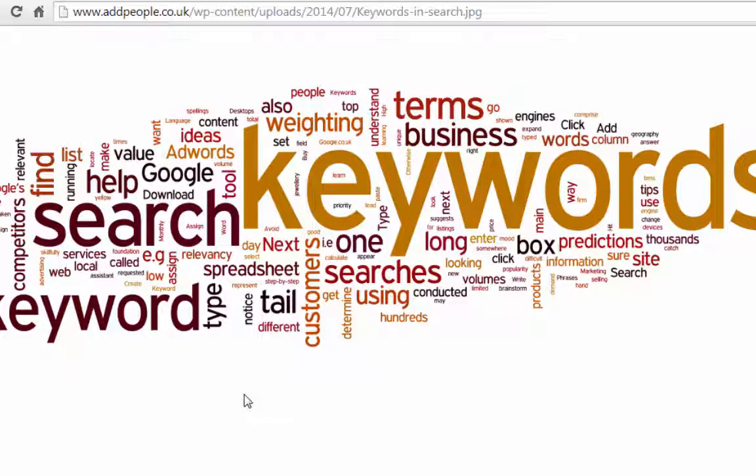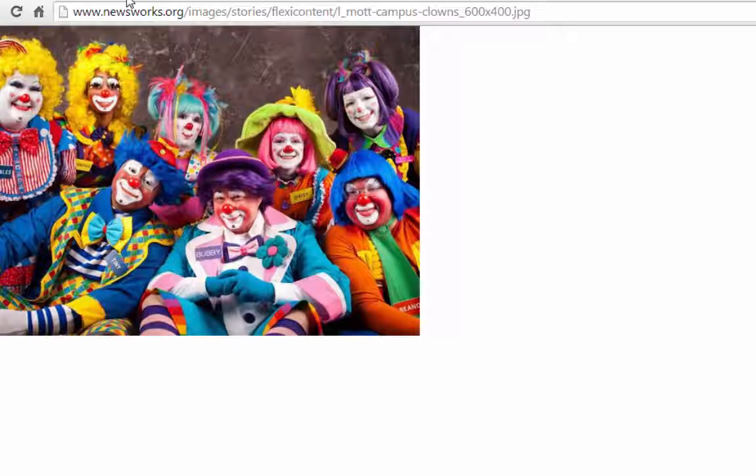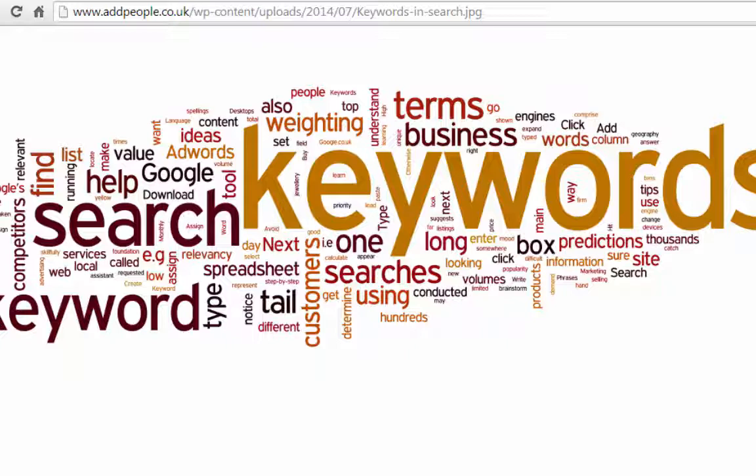Search engines used to look at the words on your page and more or less count how many times they show up to determine what websites to show in the results. But then some clowns started hiding words in their pages using white font on a white background, or putting a bunch of them hidden in the code on their page somewhere, and just using a lot of dirty ways to